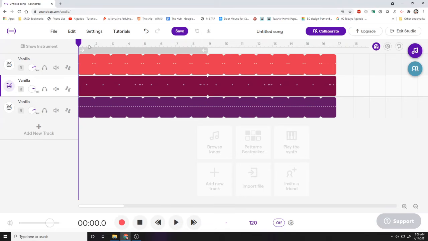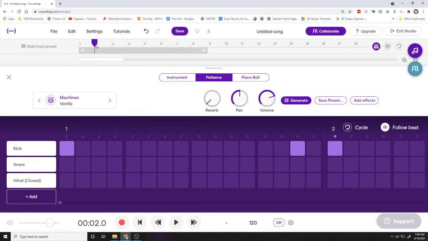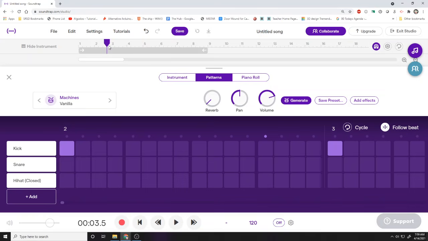Let's do the same with the kick. So double click. I'm going to change the kick pretty much every measure. Okay. I think for the first one, I'm just going to have 1 kick. For the second one, I'm going to do a kick at the very end of it, very last dot before we get to 3. On the third one,